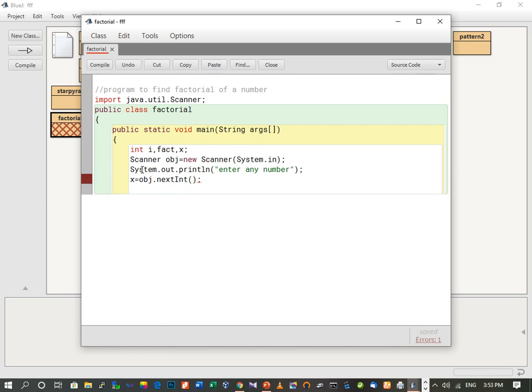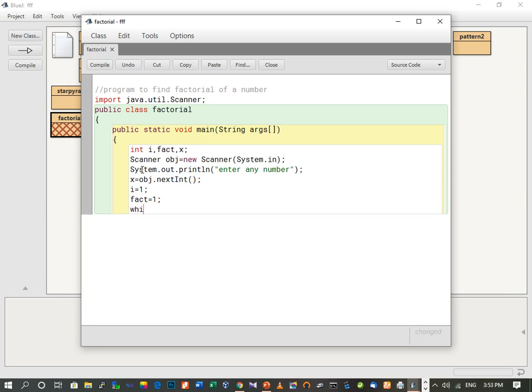Now we will write down the while loop. As you have just seen, in while loop the first thing we need to do is initialize the variable, whatever variable we are going to use in our program. So we will initialize this variable i, which will be used inside the while loop, with 1. And then this fact also we need to initialize, because we are going to compute a value. If you don't initialize any value, then the compiler will take a garbage value and you will not get the correct result. So we need to provide or initialize a value to this variable.